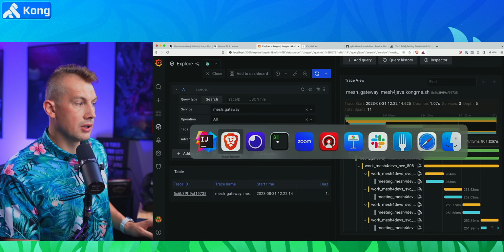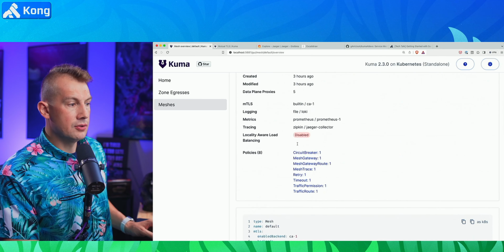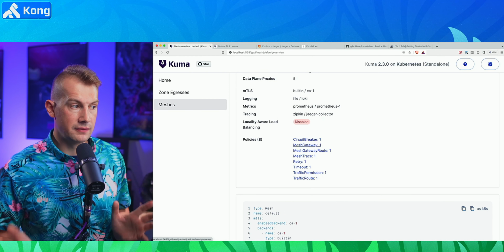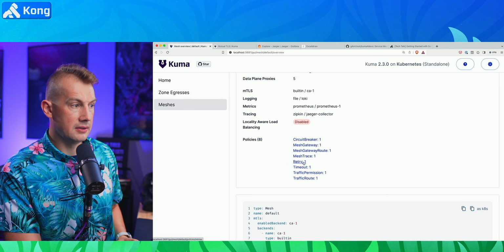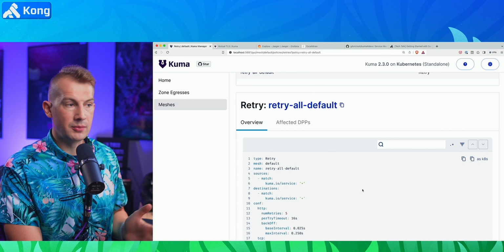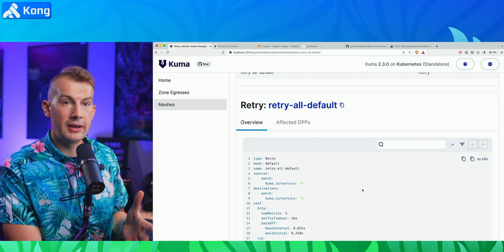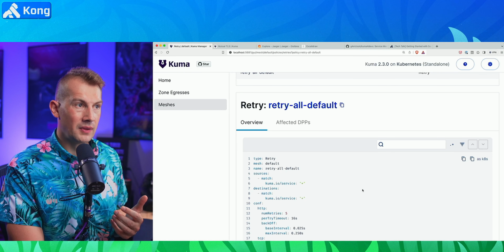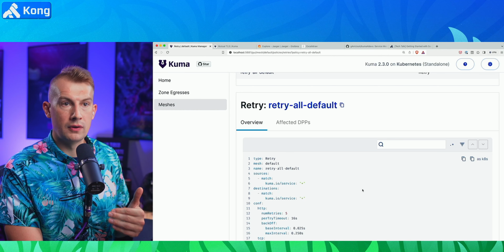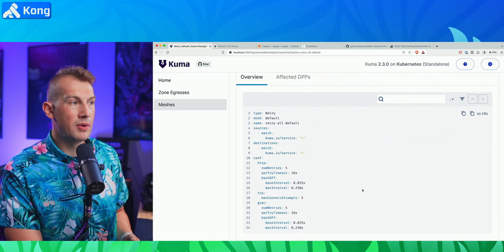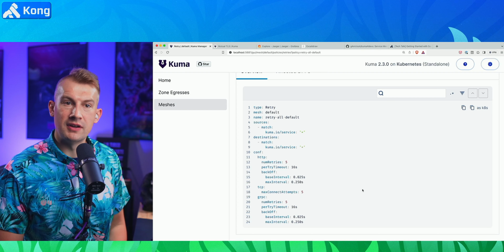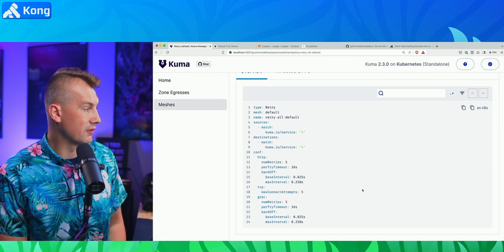Now, let's take a look at policies. When you deploy the mesh, some of the policies are already deployed for you and available by default. One of the things that I want to show you, for example, is a retry policy. When you deploy your application, there is an assumption that you might deploy this in Kubernetes, and this Kubernetes cluster might be part of the public cloud, and you don't have full control over what is available and what the network latency is. So before failing because of some of the network issues that happen in your cloud provider,